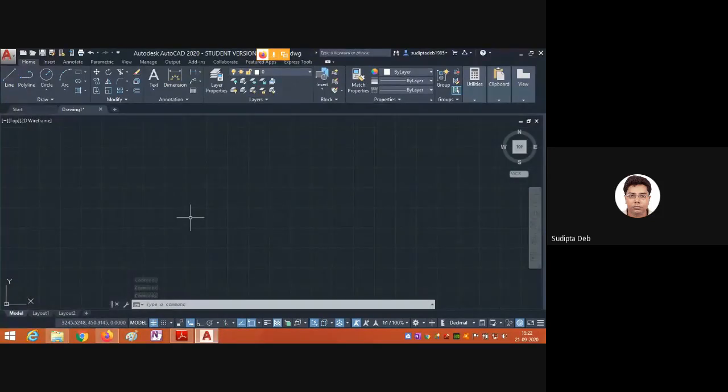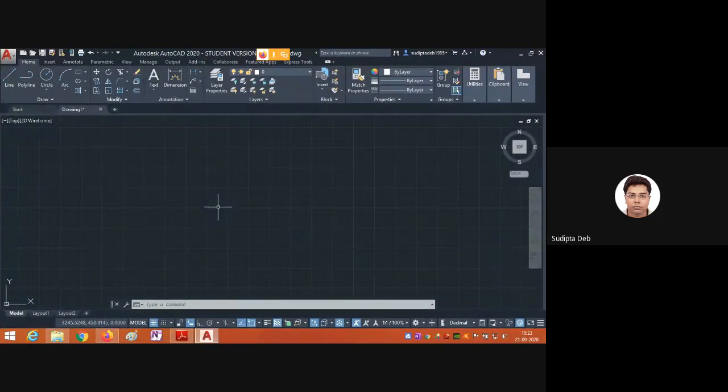Now another thing is very important. By mistake, if you close this command line, because the command line is required for giving any commands. Also, you can use the draw toolbar for drawing commands, the modify toolbar for modification commands, or dimensions from these sections.